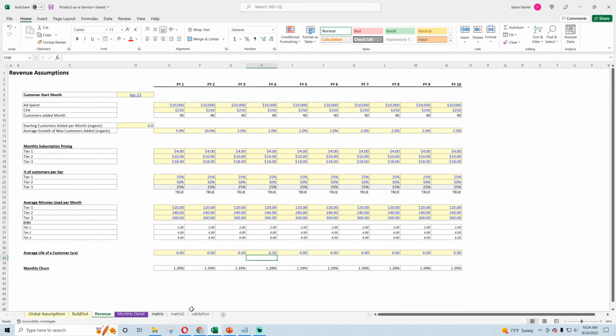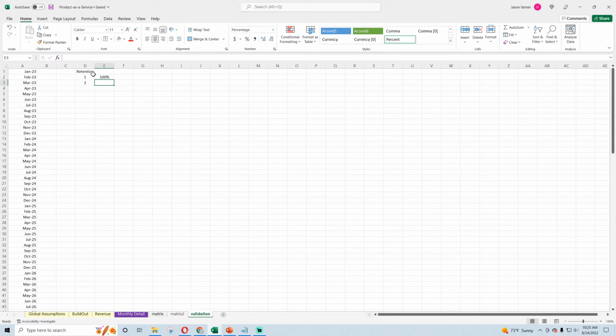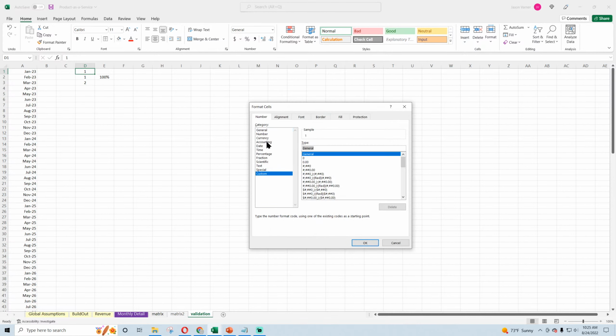So I'm trying to think how I did this in a different model. I guess we'd have to look up, we'd have year one through year 10.